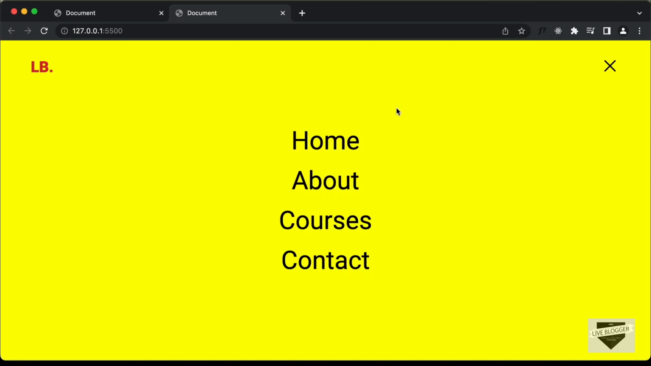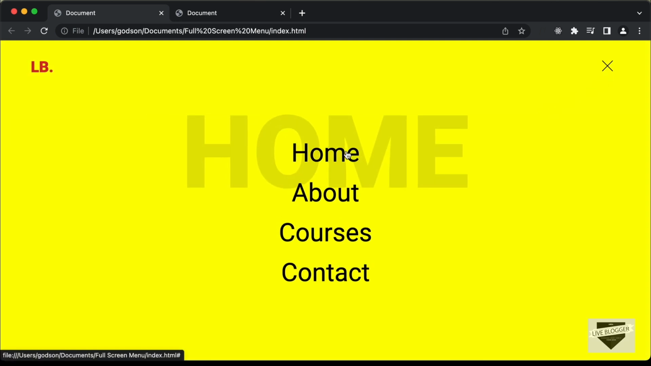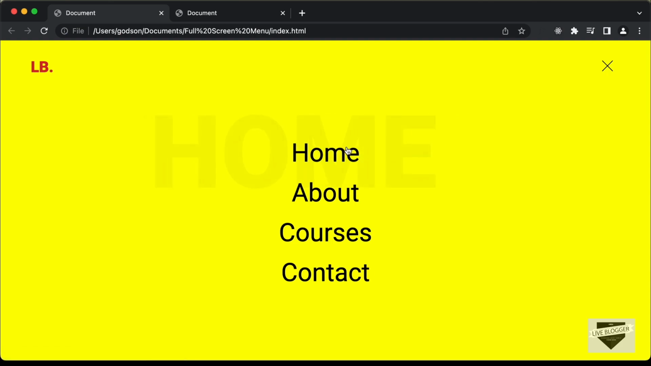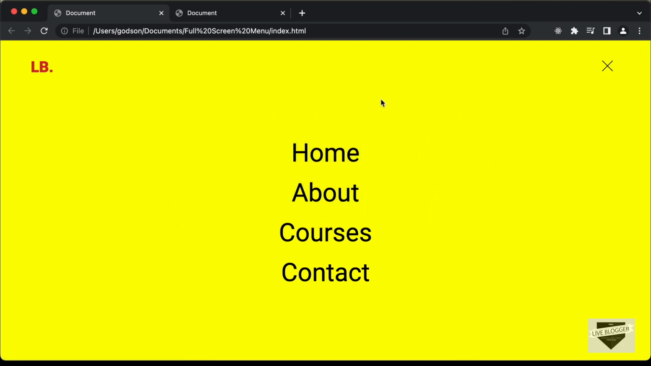Now the first thing we will do is we will add the hover animation. So if I go back to our original design, here we can see when we hover over these menu items, we have the same text displayed in the background, and we also have a little bit of animation. So for that we will use data attributes in HTML. So let's go back to our source code